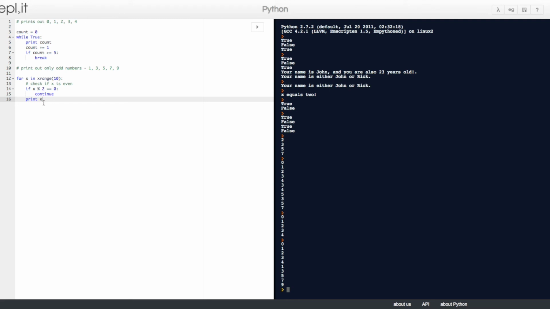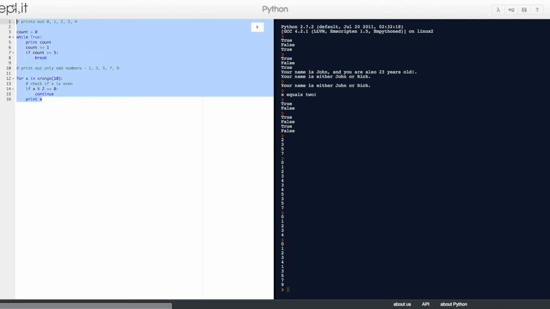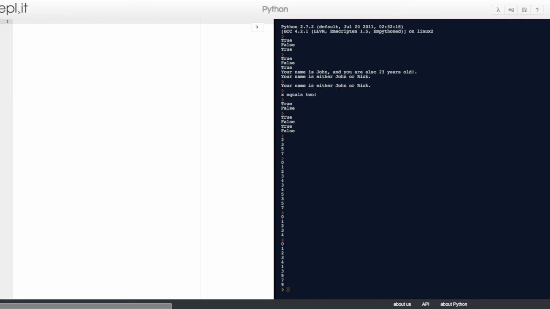Now we'll talk about functions. So functions are a convenient way to divide your code into useful blocks, allowing us to order our code, make it more readable, reuse it, and save some time. Also, functions are a key way to define interfaces so programmers can share their code. So how do we write functions in Python?